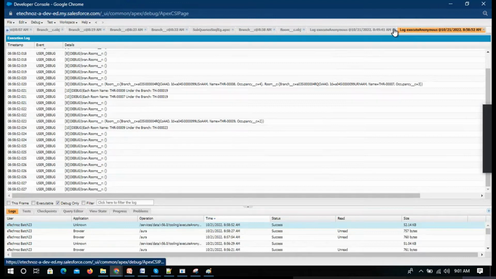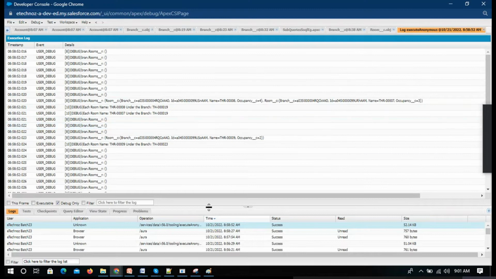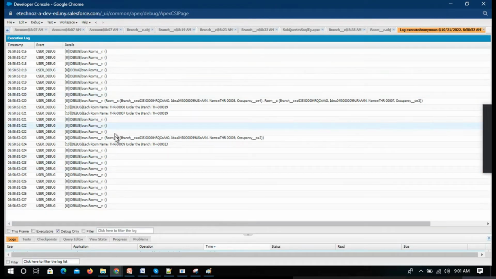So let me remove the old logs. Okay, this is the latest one, and here you can see, when you are executing in the logs, you can find all the parent records, but finally it will be processing only these two records, 19 and 23. Under 19 you can find two records, under 23 also you have two records, but it is showing only one record because it is